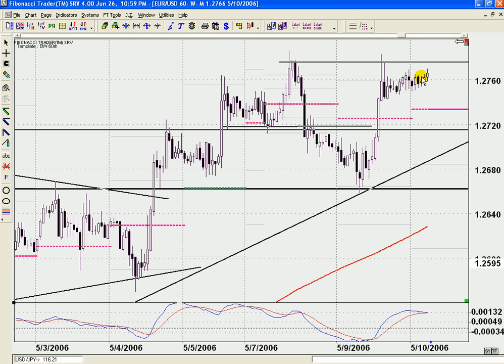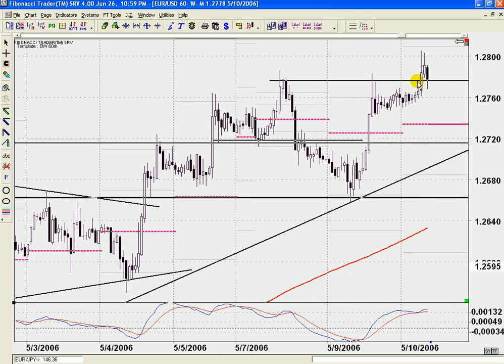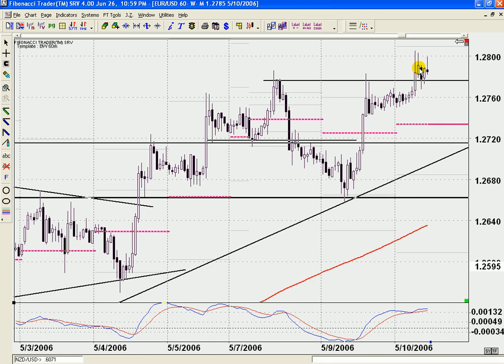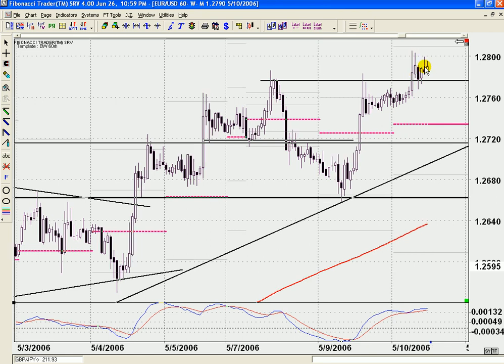Looks like price wants to make another go at the highs here. We move up to 2800, the figure, in the sell zone, and if price continues to struggle up at 2800 and breaks through this level right here,